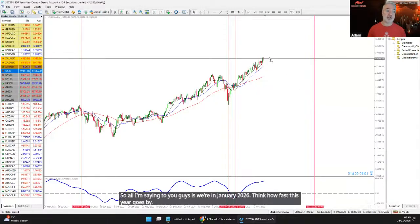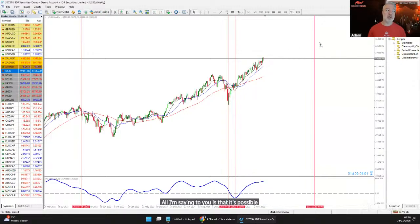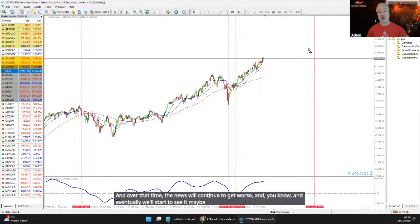All I'm saying to you is that it's possible that this bull run will carry on towards the end of the year. It's going to go by like this, and over that time, the news will continue to get worse, and eventually we'll start to see it maybe slow down a bit, and you'll get your warning signs. And again, what you'll do then